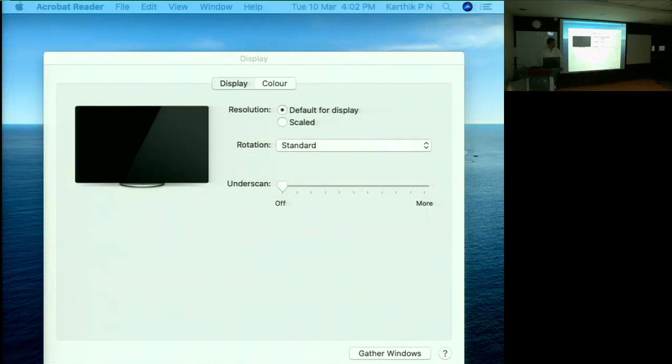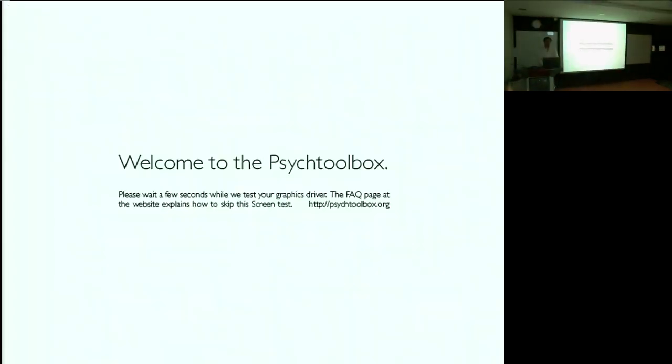This is definitely due to Apple. It says gather windows at the bottom. So let me just try to. I was able to get it to run.